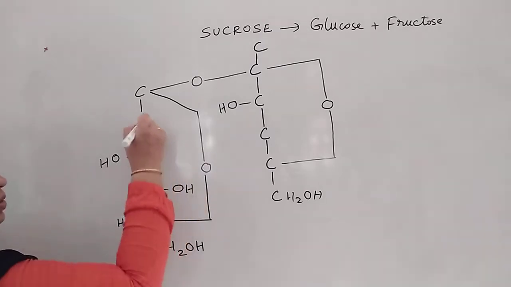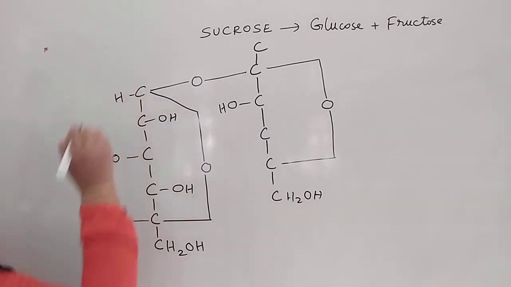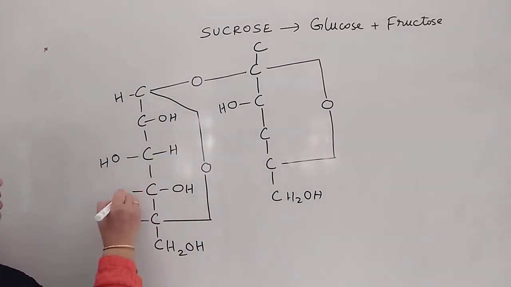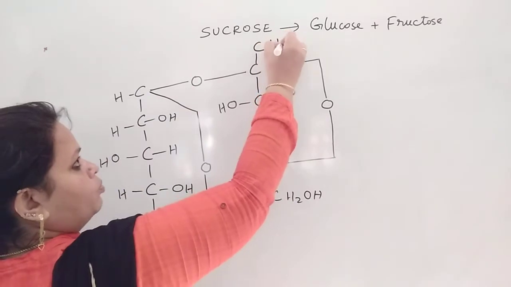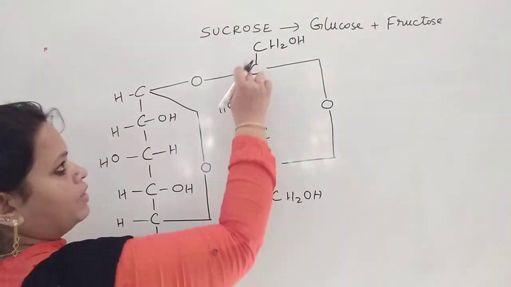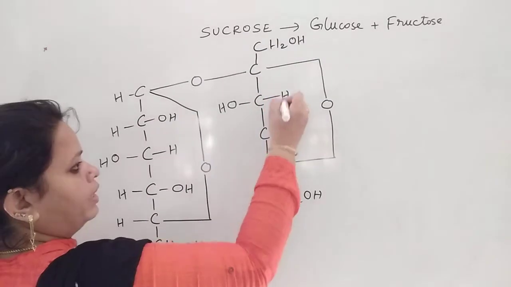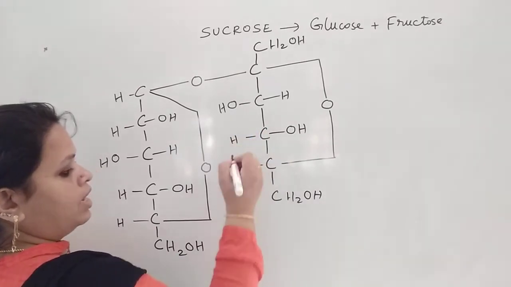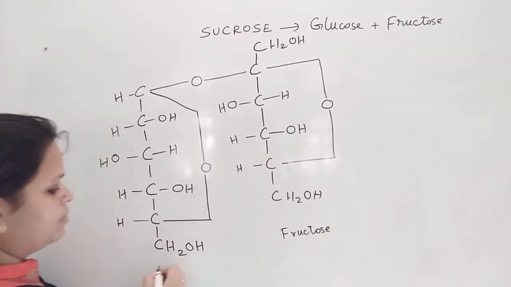And here one more OH was there, and this OH connected, and we can say this becomes hydrogen. And for the rest of the case, OH on the right hand side here. So 1, 2, 3 bond is satisfied. So you have one more hydrogen over here. And here it is hydrogen, and here it is a hydrogen, and here it is a hydrogen. This represents the glucose unit. In the case of fructose, we know that the topmost is also CH2OH. Here the valency of carbon is full. Okay. And here it becomes a hydrogen. Here the OH is on the right hand side, and this is hydrogen, and this is hydrogen, and this represents the fructose unit, and this represents the